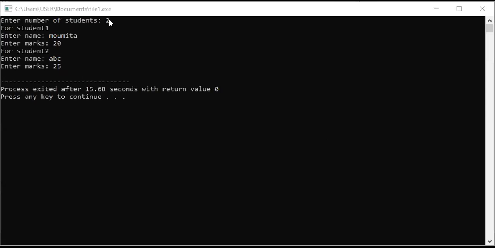I'm taking two students' information, giving the name and marks for student 1 and the name and marks for student 2. So my program is okay and my output is properly done.